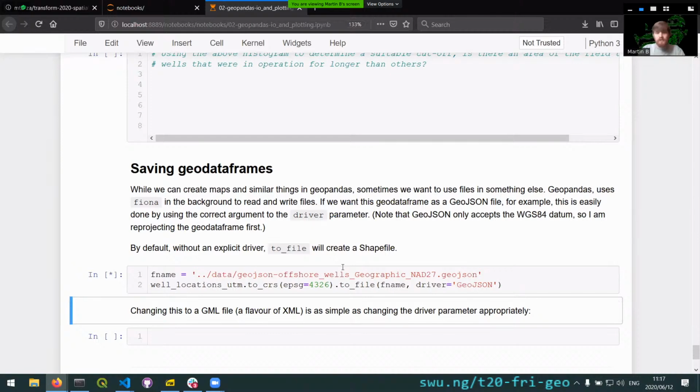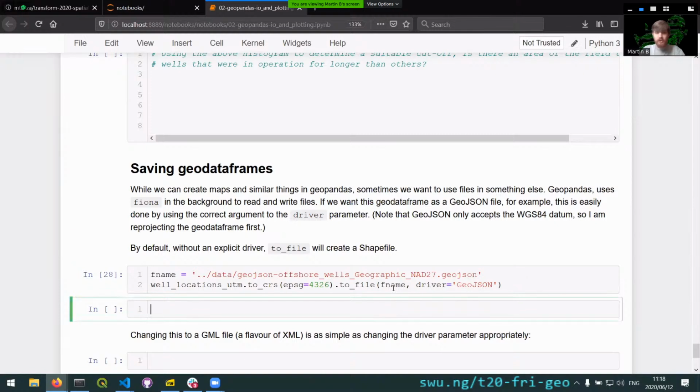GeoJSON is fine with getting datetime fields. But if you try and save this UTM one where we changed the date times as a shapefile, it's not going to work. So just as an example, to show you that we do get that error,